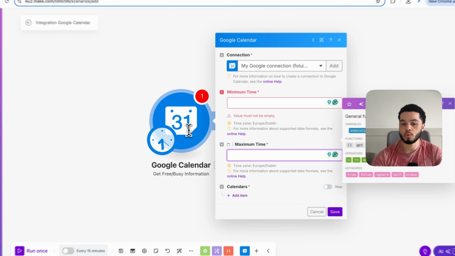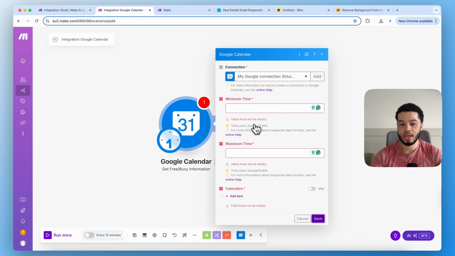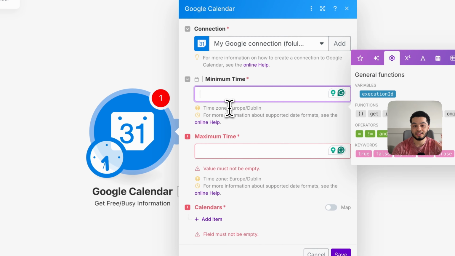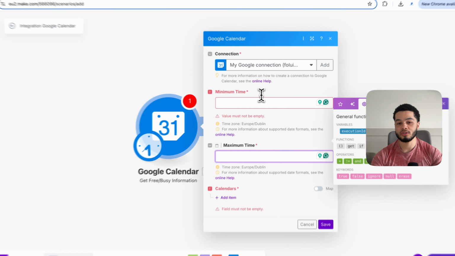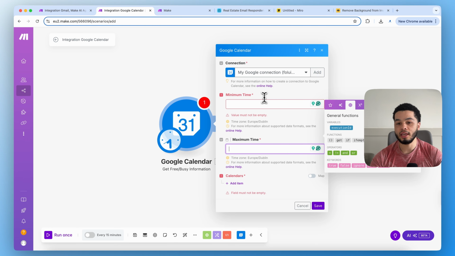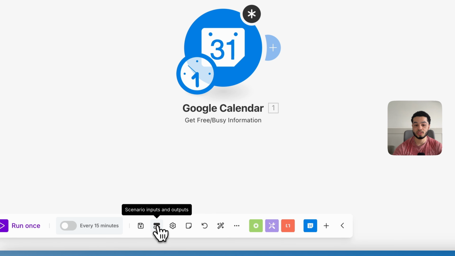And then this module would return back the free slots in between 4 and 5 p.m. For our AI agent, the AI agent has to be able to pass in the times in which we need to find free times for. So you can imagine somebody might send an email saying, hey, can I view this property tomorrow at 6 p.m. The AI agent has to be able to send over the times that we're looking for free slots for over to this module. And in order to do that, we're going to come down here and we're going to select